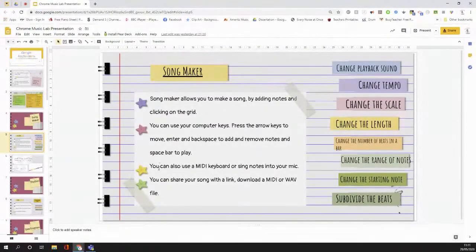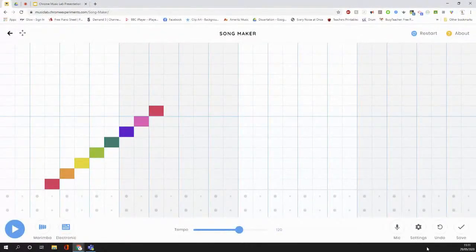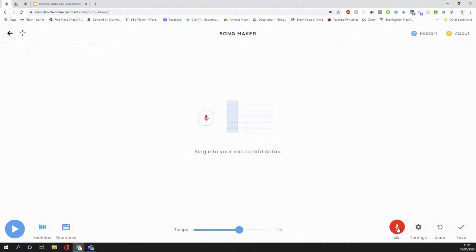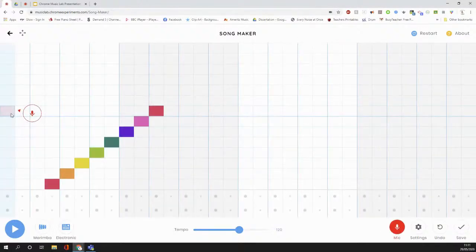And the second bit down the bottom is using a MIDI keyboard. I don't have one, but I know that we definitely have them in school, and we utilise them a lot for third and fourth year music technology and higher. So you can plug in a MIDI keyboard and play around with it, which brings in that aspect. And you can also sing notes into your microphone, which I won't do for you today, but if I go back, there's a little microphone one down the bottom. I can speak, hopefully I'm not going to sing, but it'll start working out what pitch I'm at,